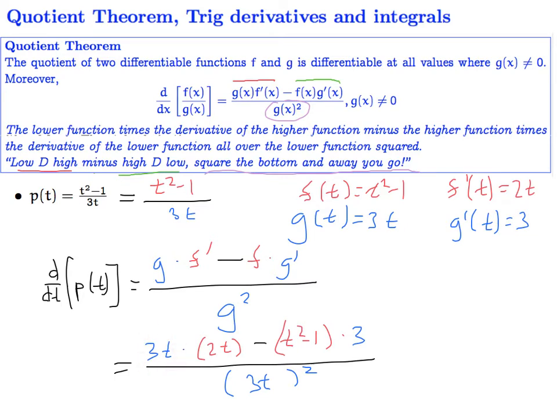We have the low d times the derivative of high minus high derivative of low, square the bottom, and away we go. Now those gluttons of pain can go through and try to simplify this algebraically. I personally really like looking like this. If all you have to do is compute the derivative,